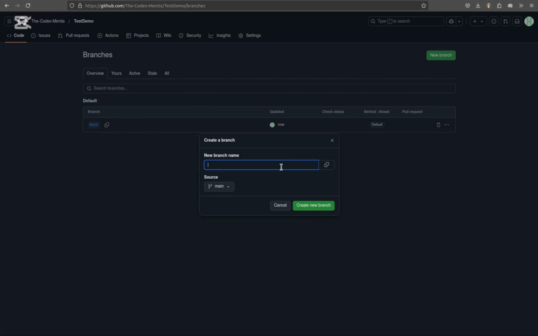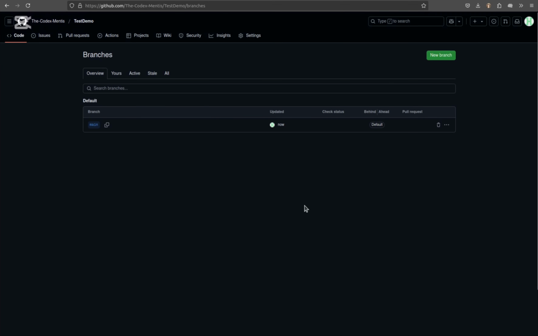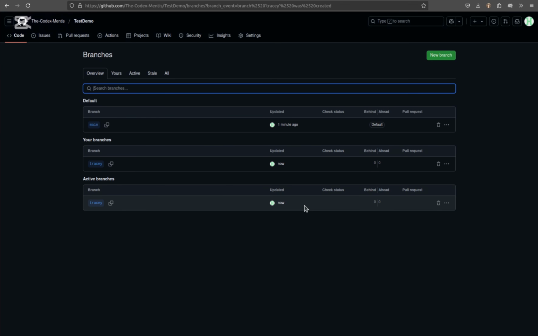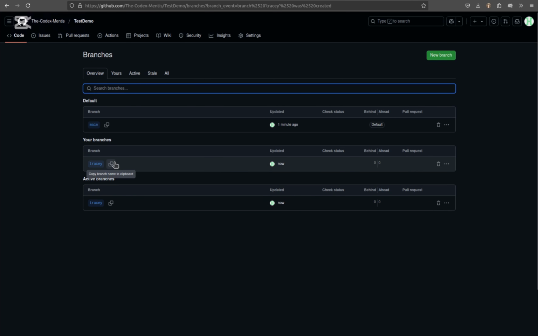You can call this traces, and then we create the new branch. So you can see we have the main branch, we have traces branch, and it's saying it's an active branch, but we haven't really used it. So if you want to push code,